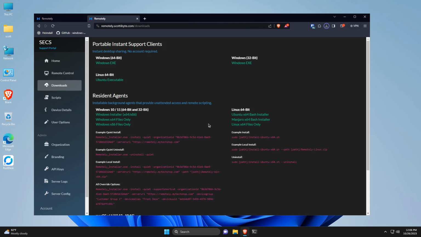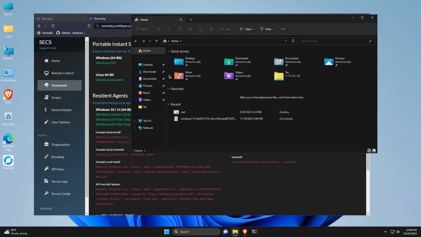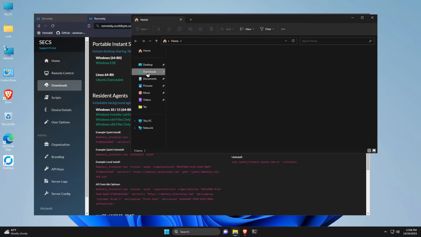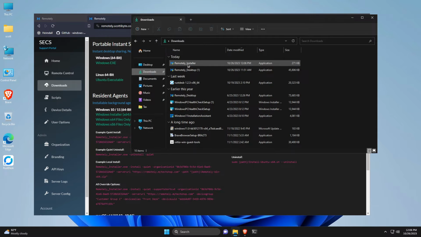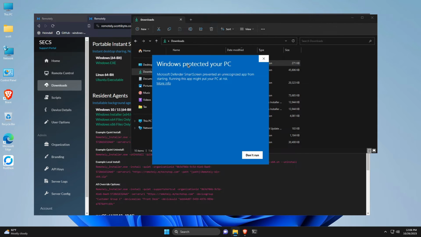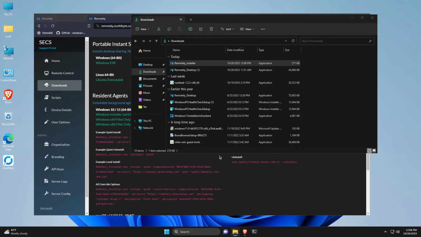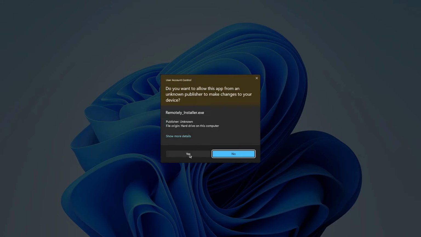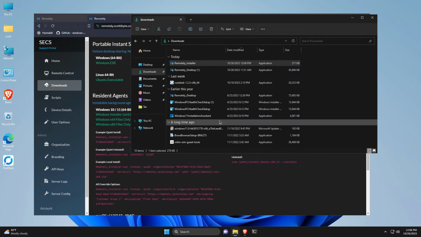That goes ahead and downloads to my local system, and then I should be able to go to my file manager, go to downloads, and then execute the remotely installer, say more info, tell it to run anyway, answer the user account control prompt,